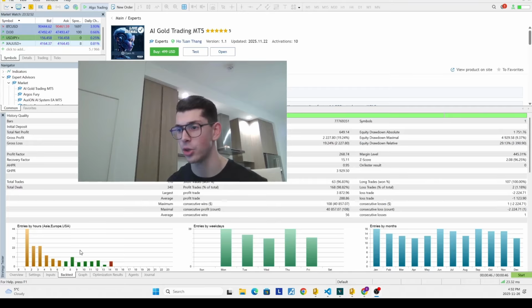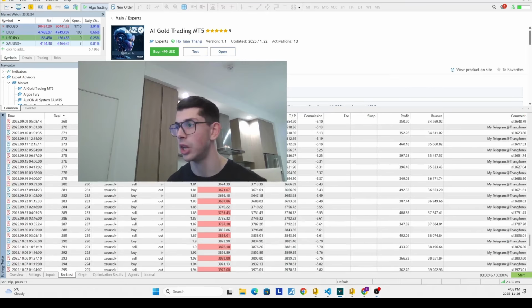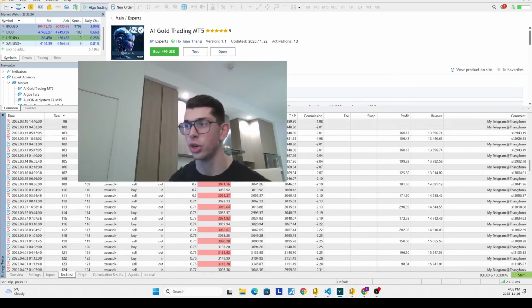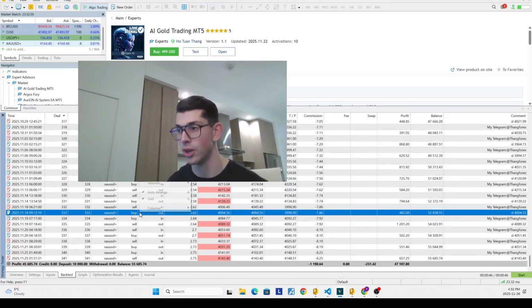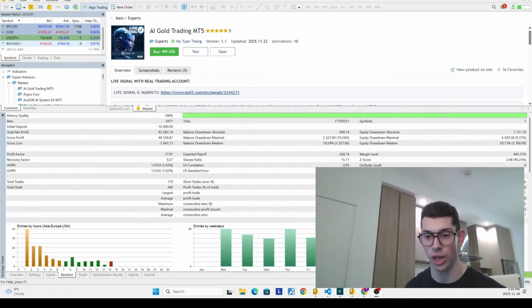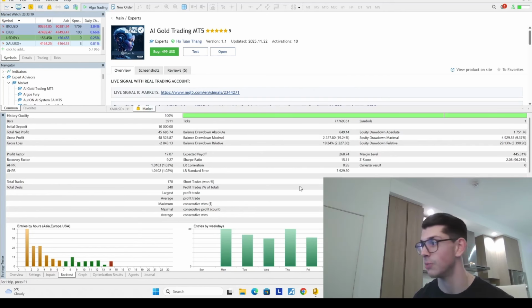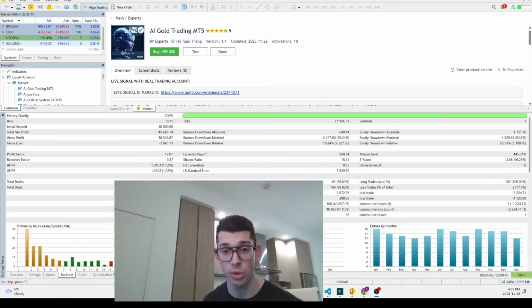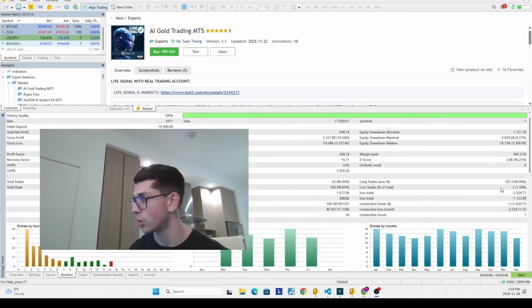But if we look at the actual trades, I'm not seeing any sort of aggressive lot scaling. It's just increasing as the balance increases because he's using a fair amount of leverage. The returns are a little bit unrealistic here, a 450% return with a 20% drawdown. To me, that doesn't actually seem like a history rater. It just seems like something that's heavily overfit. Like, he is shorting and longing at the same time too. If we look at the 63 shorts to 107 longs, so it's not like he's only going long on gold too. I would think it's probably just some degree of overfitting.